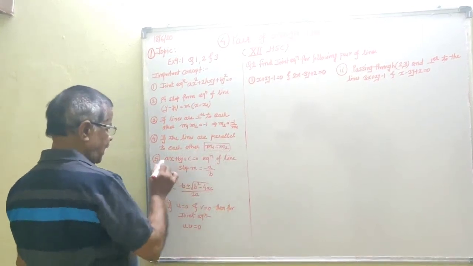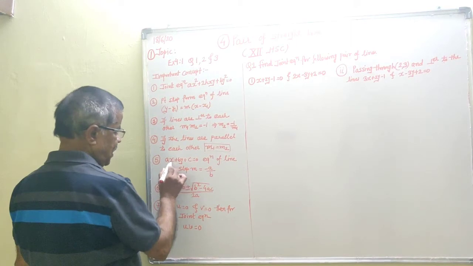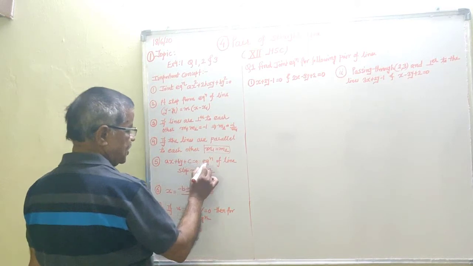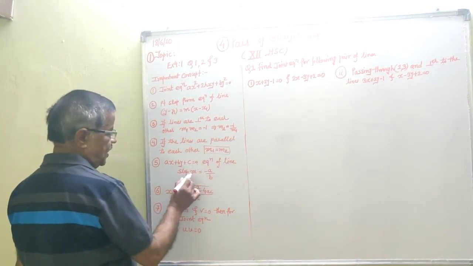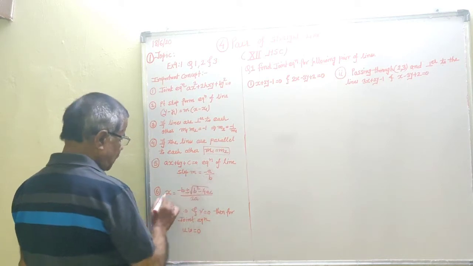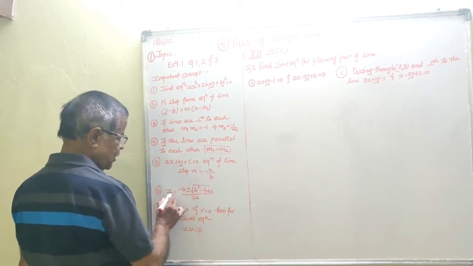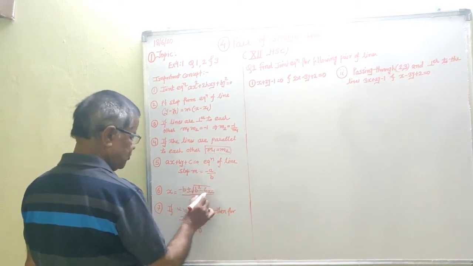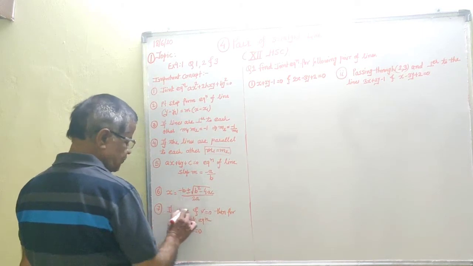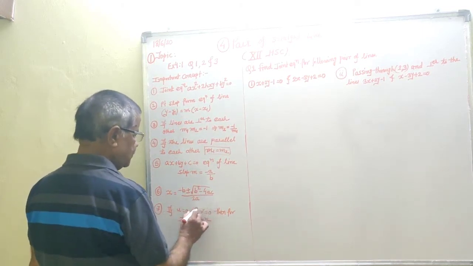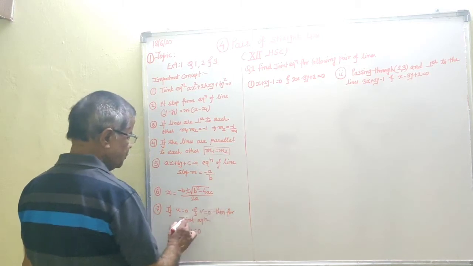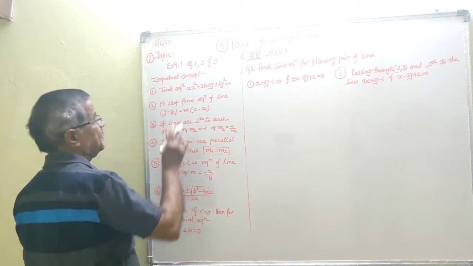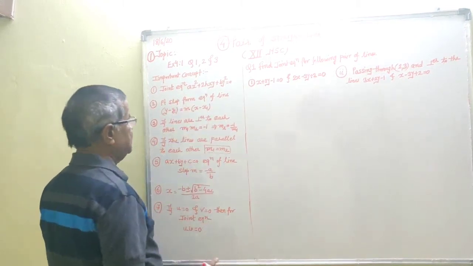Okay, do you understand? If the equation of a line is given as ax plus by plus c is equal to 0, then the slope of the line is given by minus a upon b. For finding the roots, you must know the formula from the 10th standard: x is equal to minus b plus minus under root of b square minus 4ac upon 2a. If u is equal to 0 and v is equal to 0 are the two equations of the lines, then for the joint equation you must solve u into v is equal to 0. Okay, these are the important concepts for exercise number 1.